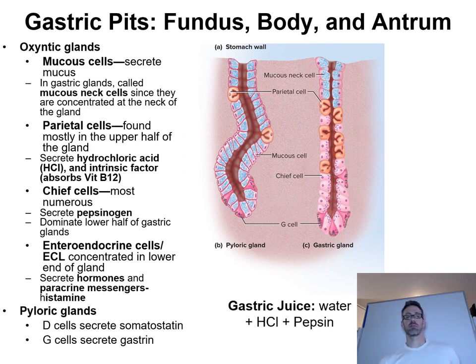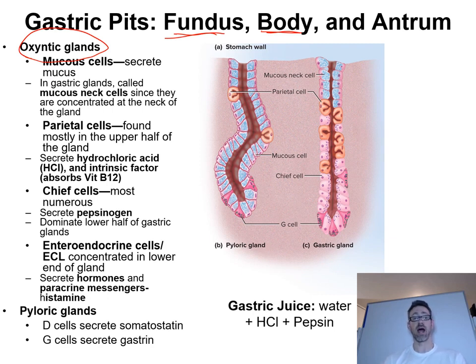So in these gastric pits, what we have is something called oxyntic glands. The oxyntic glands are primarily located in the fundus and body of the stomach. They're not so much located in the antrum, and just to remind you, the antrum is close to the pyloric sphincter. So the oxyntic glands are located more proximally towards the esophagus region, the fundus and the body. What they contain in their pits are mucus cells, which secrete mucus, and